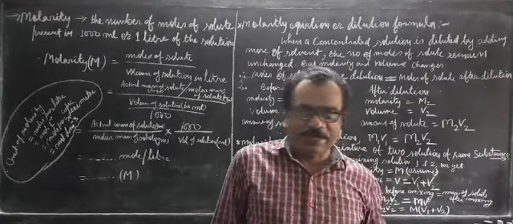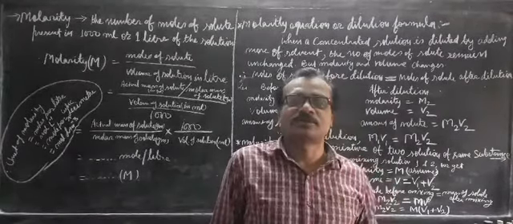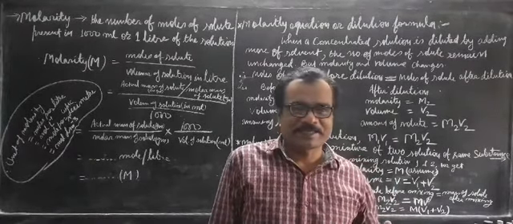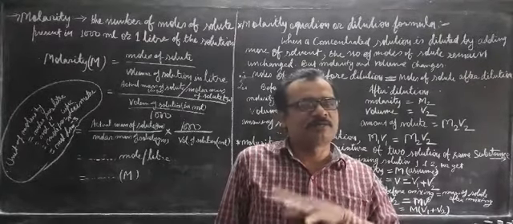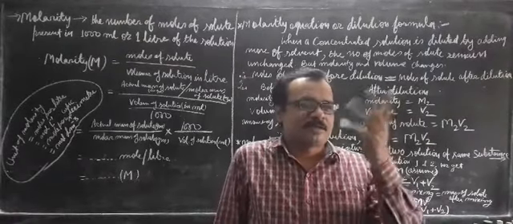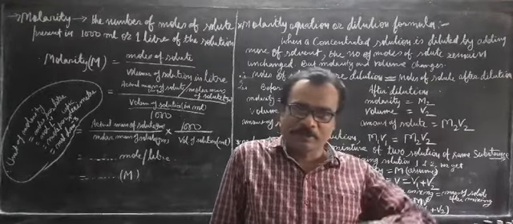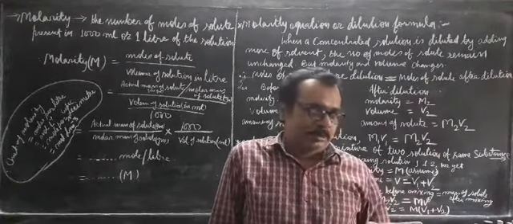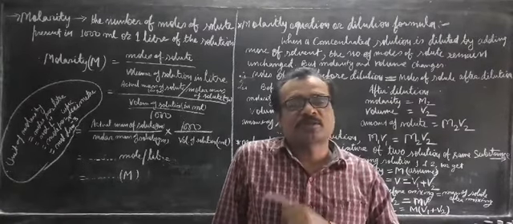So when you change the concentration, the molarity will change. And how to change the concentration? Generally, we add distilled water into the solution. We mix it with distilled water, increase the amount of water, and the solution will be diluted. When you are adding water into any solution, this process is known as dilution.